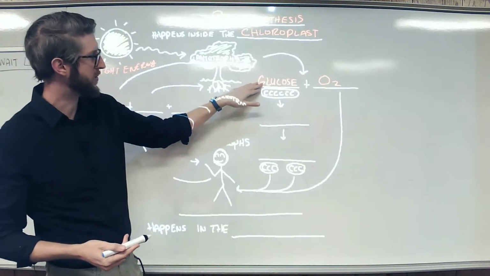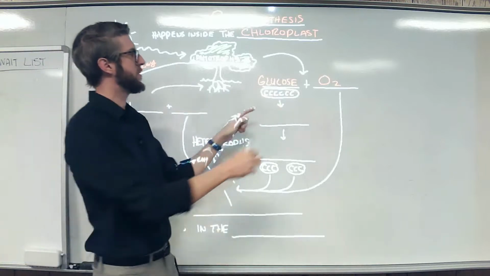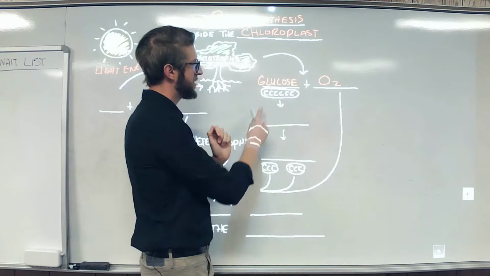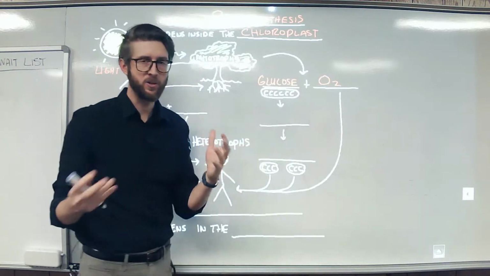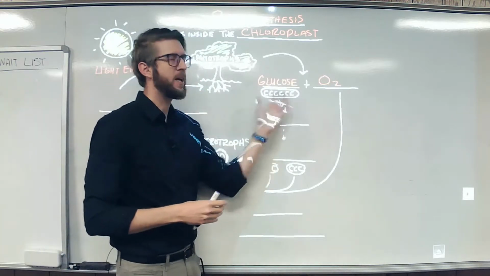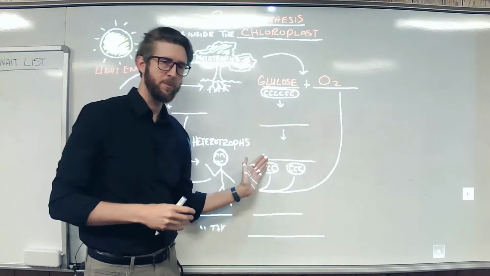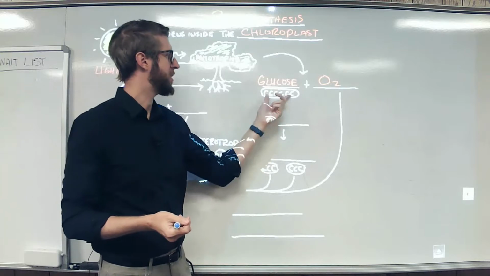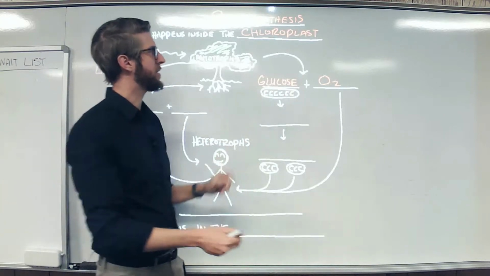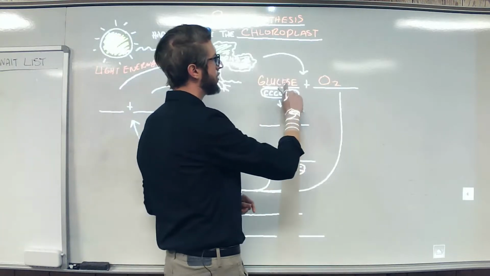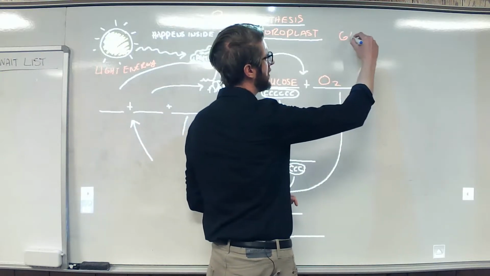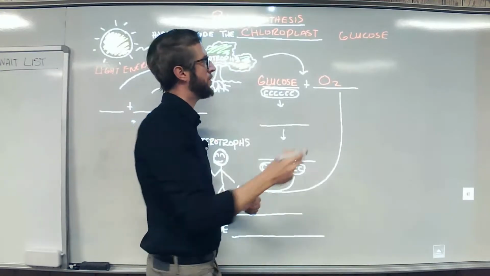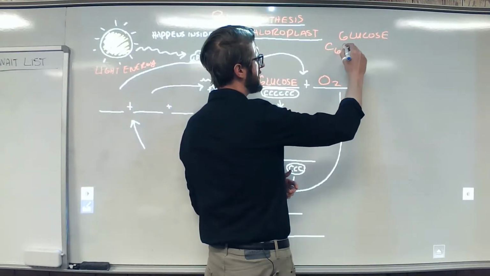But let's talk about glucose for a second. The reason why I have this here is you notice they have 6 C's, 1, 2, 3, 4, 5, 6. Each C stands for carbon. The only reason I drew this is because it's going to come into play here in a second. So you need to know that glucose has 6 carbon molecules. In fact, the molecular formula for glucose, because you're going to need to know this too. This is something that's important to know, is